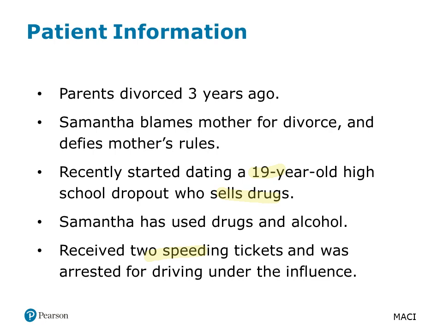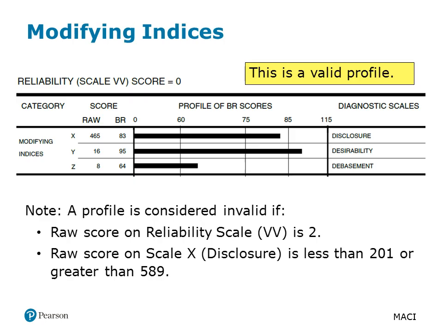So because of her erratic behavior, her parents are actually considering sending her to finish high school in a distant state. And Sam is not amenable to this. Before they do that, they've decided to have her evaluated by a psychologist before making further decisions about her schooling. And the psychologist decided to use the MACI among the assessment tools that she chose. So I want to start by looking first at the